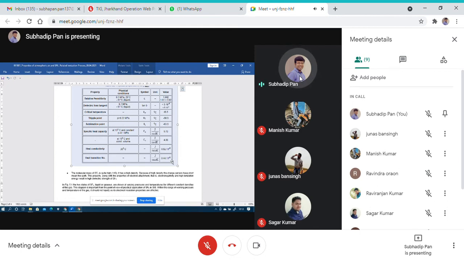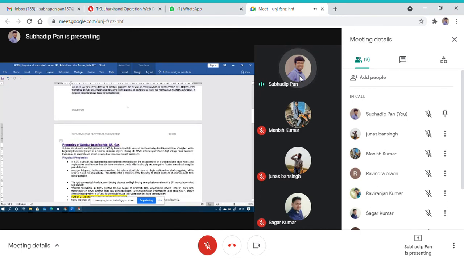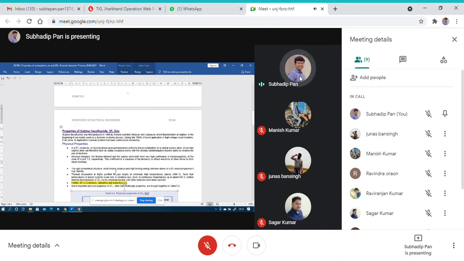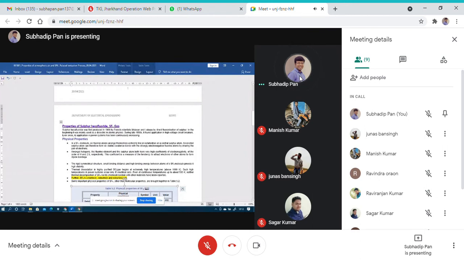So that is what is available in the properties of sulfur hexafluoride. Some few points are needed for the basic consideration of sulfur hexafluoride. Keep in mind that in the 19th century this SF6 gas was first produced. Sometimes in interviews they ask what the different properties of sulfur hexafluoride gas are, so you have to discuss these few points. In the 19th century this SF6 gas was first produced by a French scientist.